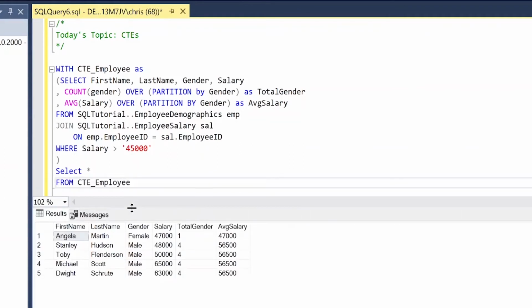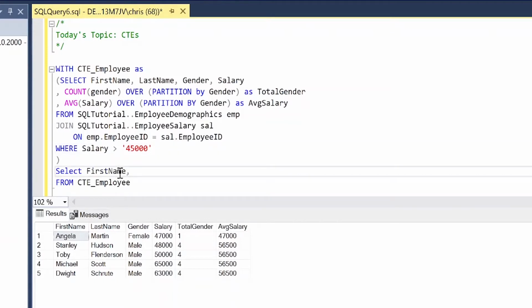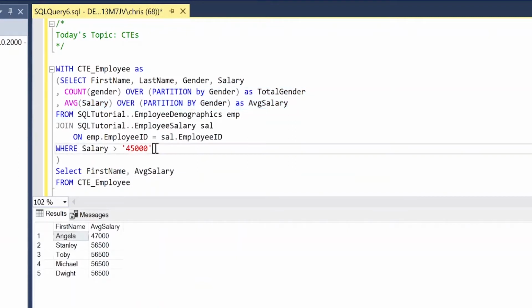So as you can see, with this select everything from CTE employee, we are selecting everything from this select statement. And so this feels a lot like a temp table. We were actually querying off of a temp table, but it actually acts a lot more like a subquery. Now we don't have to do the select everything. We can just do first name and let's do average salary. And when we run this, we'll just get those two columns, and we don't have to go through and actually write this out each time. It's just in this CTE for us. So it does all the heavy lifting within the CTE,